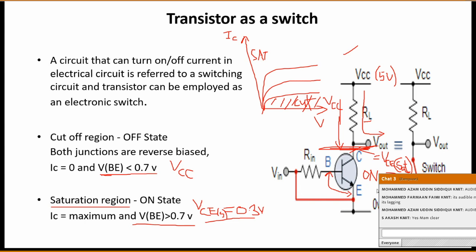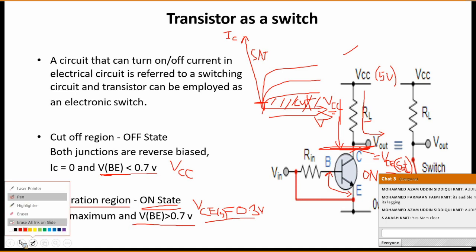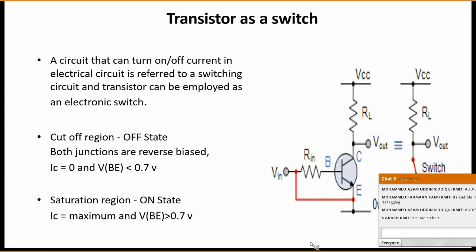Remember these two points. If the transistor is in the on state, in saturation, it acts as an on switch. A high amount of current will be available. In cutoff you can see the voltage is very high, but the current is very, very small. So IC will be equal to 0 and VC will be equal to VCC. These two points you need to remember here, because the entire logic families work on them.